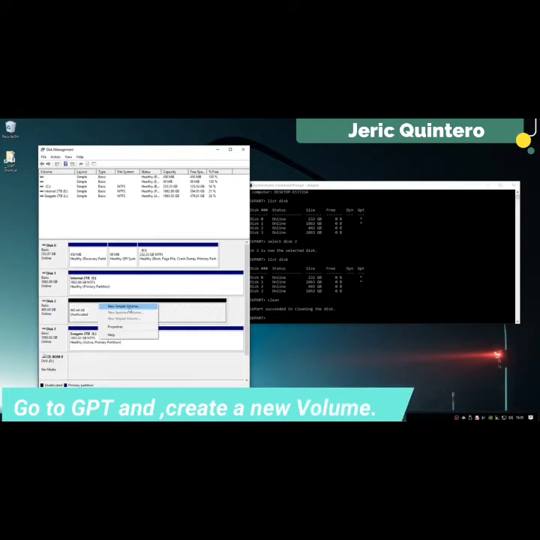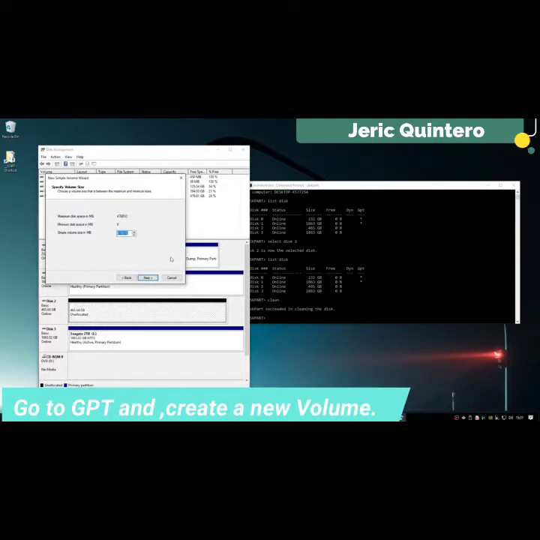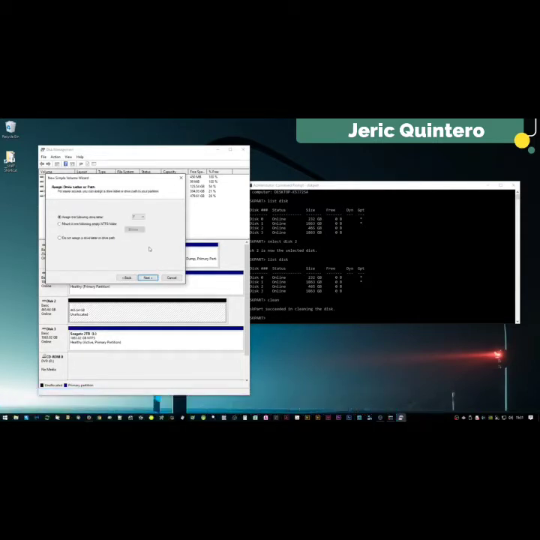It should not take long. And just make this a bit bigger, so now I can create a new volume on this disk, and it should pick the exact size. If you want to do lots of these partitions, you can start making them here, but I don't want that, so just click next. I'm going to give it a drive letter of Q, or any letter, because I'm just using this in the other disk, so I'm happy with that, and I'm going to do it as NTFS